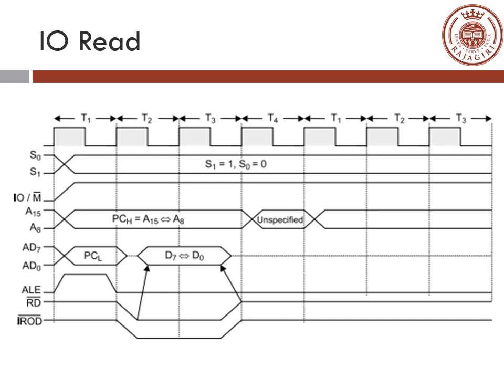The same procedure applies: in order to read, the RD bar signal will go low. If you want to write, the WR bar signal goes low, along with the corresponding status signals. When you are going for IO read, the S1 value is 1 and the S0 value is 0. So you will have to study that particular table. The diagram is the same; the only difference is in the IO bar M bar signal.